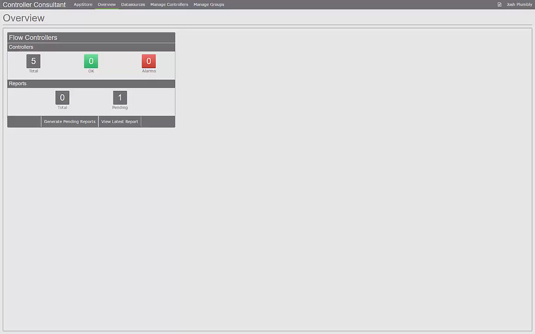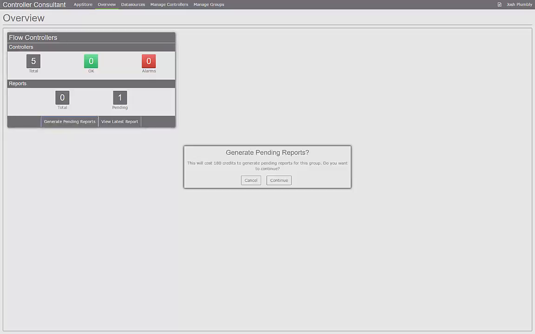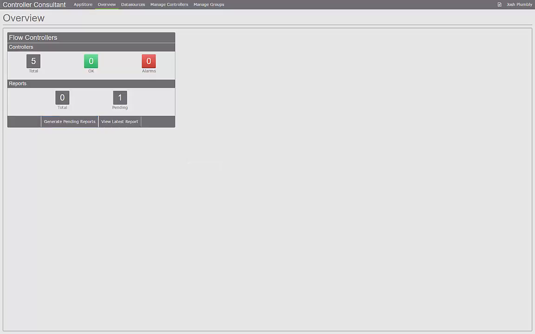Generating pending reports is quick and easy and is done simply by clicking the Generate Pending Reports button. When clicked, we are presented with a dialog that details the cost in credits required to generate the reports, and once we confirm the charge, the report will begin processing. At this point in time, Controller Consultant will proceed to retrieve high-resolution data for all the controllers within the group,